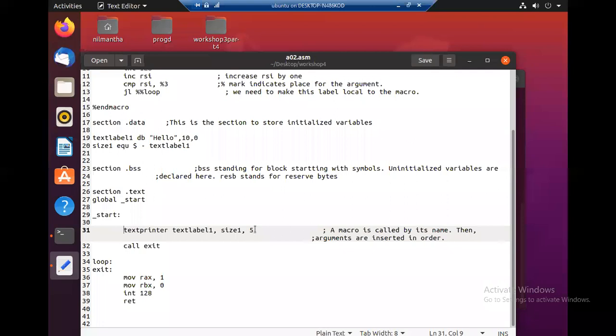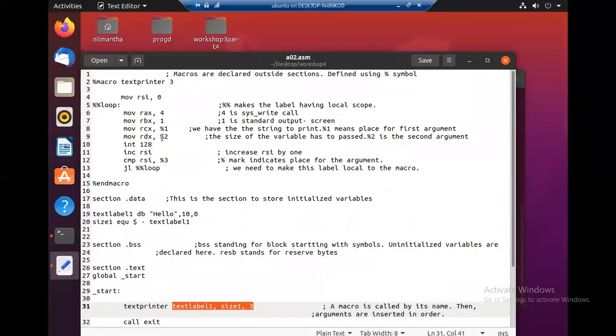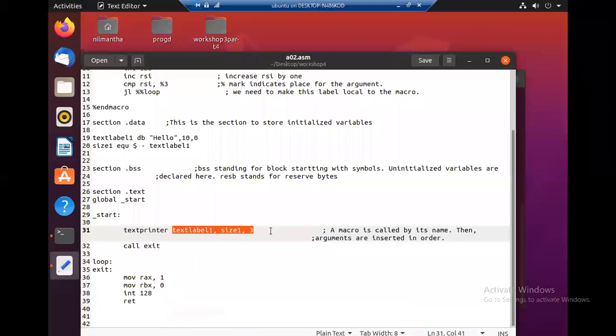If I want to get hello 3 times, I just have to change the argument value when calling it. I don't have to change any implementation of the macro. I only have to change the argument. I don't ever need to change anything else.